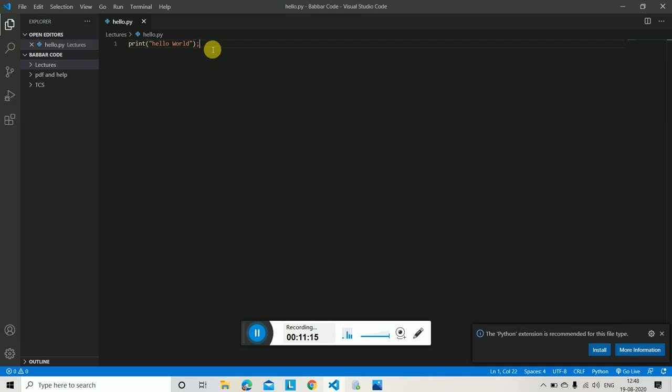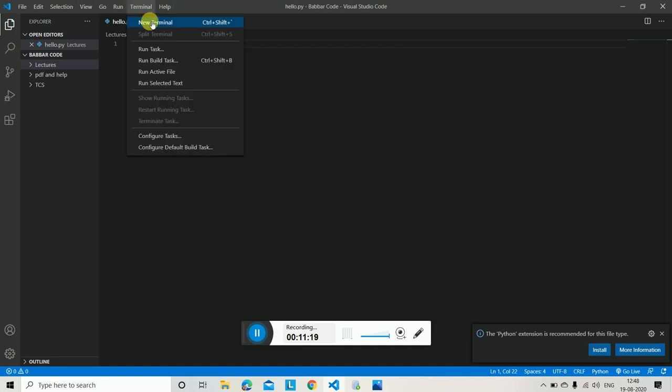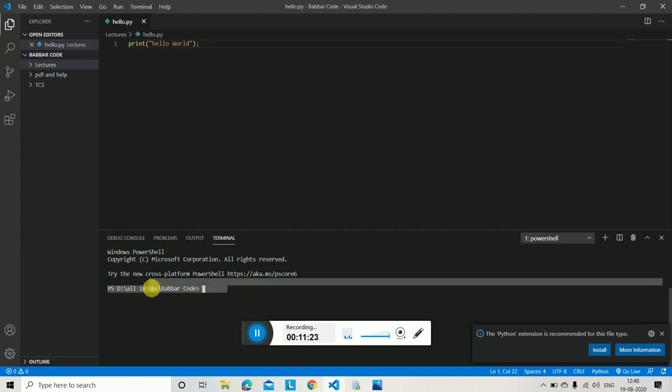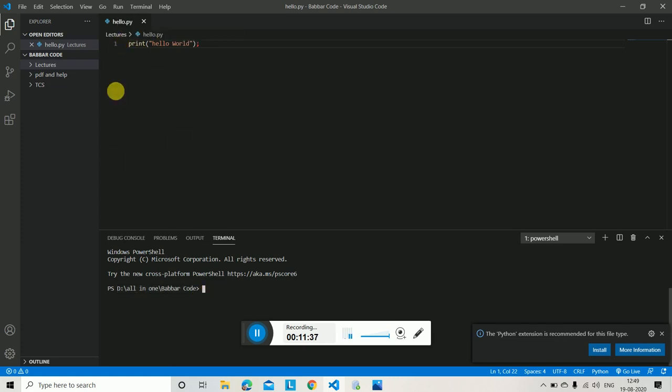If you want to run the program, then click on terminal, new terminal. See, I am getting a new terminal. What it is saying means you are in D drive, in the folder all in one, subfolder Babar code. Where is hello.py? In the lectures folder, right?